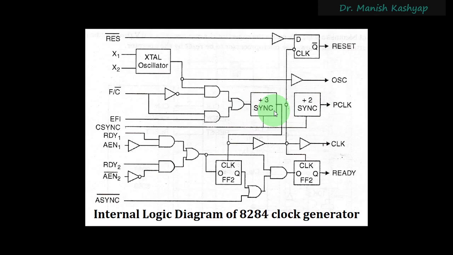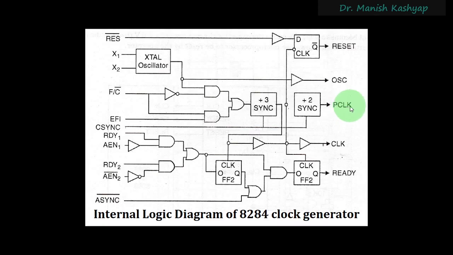And the peripheral clock that you have got will be having that much division. I mean, it will be a divide by 6 signal. So whatever crystal oscillator you apply here, you get a divide by 6 signal here, right? This divide by 6 signal will be supplied to the peripherals, because peripherals are usually slower as compared to the microprocessor. And this will be used for today's lecture also.